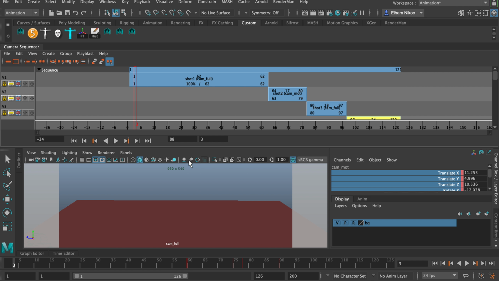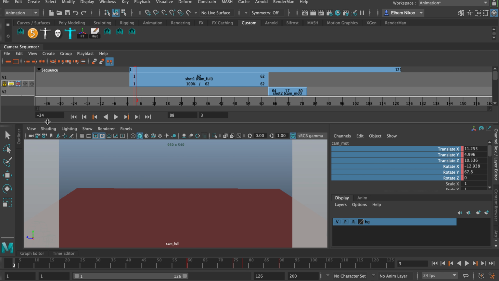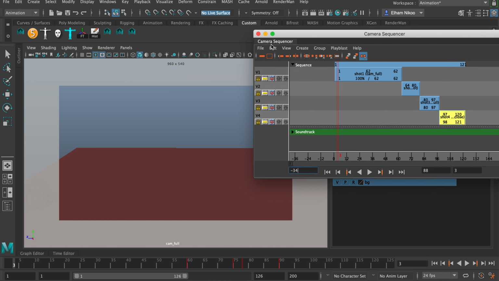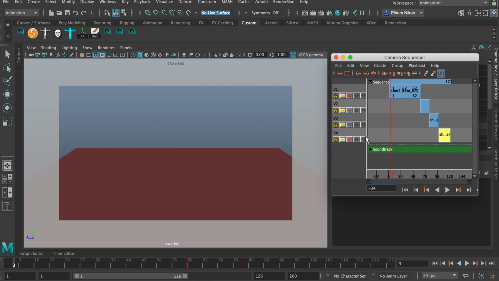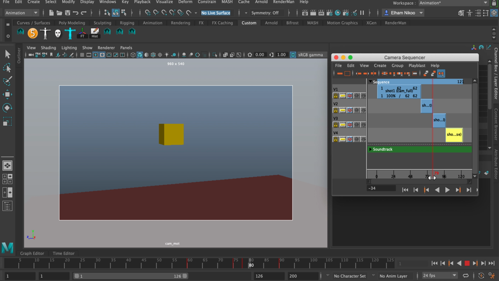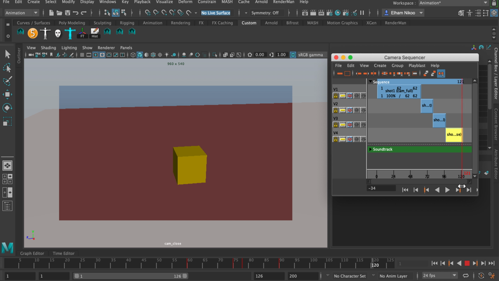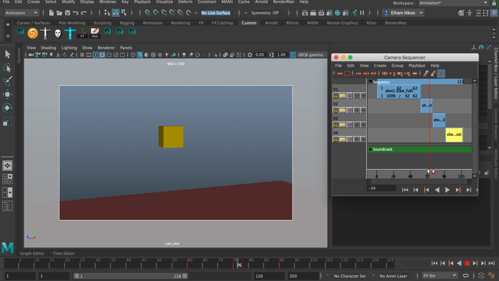Okay, so let's see. I don't like that I cannot see my resolution gate when I have this one snapped. So I'm just going to do this so I can see what's happening. Let's see what we get from frame 1. It does this, then switches to this shot and goes down, and it does this. This is not a beautiful animation, but it gets my point across